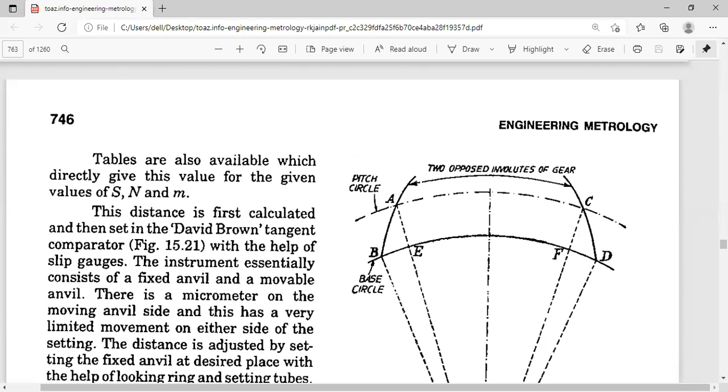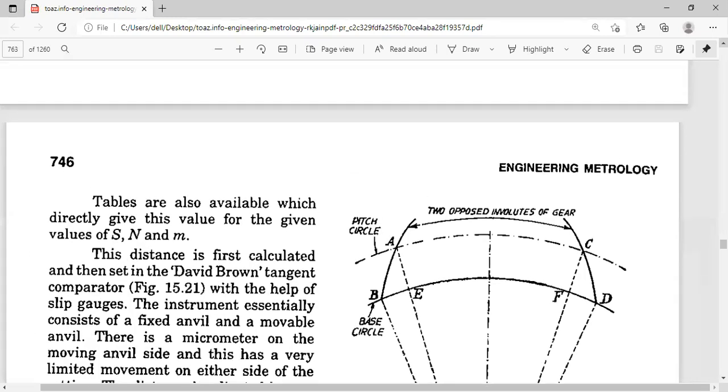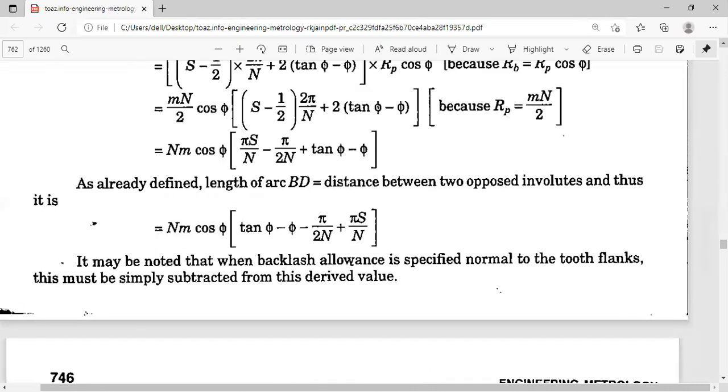Okay, what is BD? The length of arc BD is nothing but the distance between two opposed involutes that we have seen already in the earlier figure. So this is the final term you get, and you just readjust the term again by taking tan phi minus phi as the first term, minus pi by 2n plus pi s by n. So this is nothing but actually